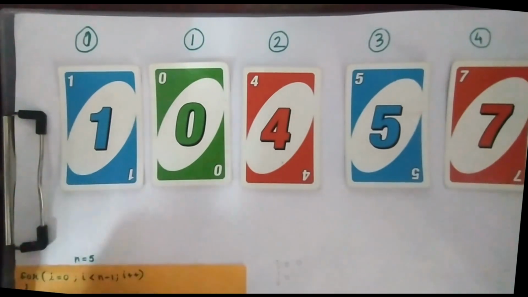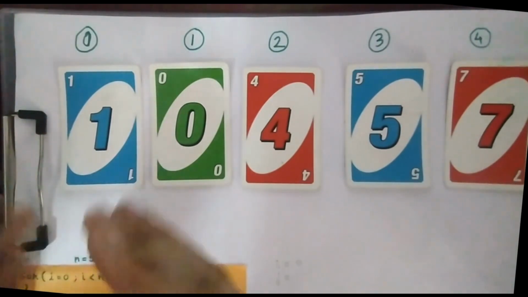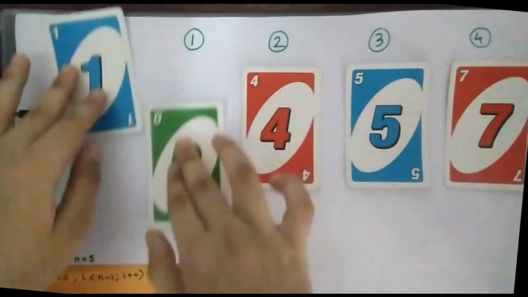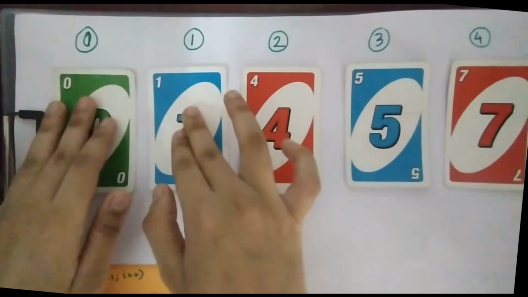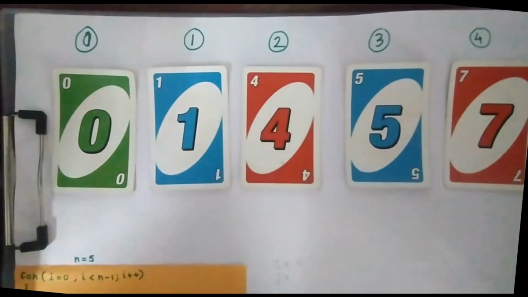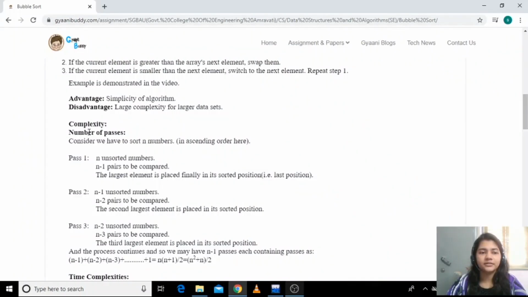So now 1 and 0 are to be compared in the fourth pass. So 0 is smaller than 1, so we will swap 0 and 1. And eventually we see that all the elements are in sorted order. So this is how bubble sort works, and now let's see with the help of code how it works and again demonstrate the demo. And now let's see the complexity of the algorithm and number of passes and then move